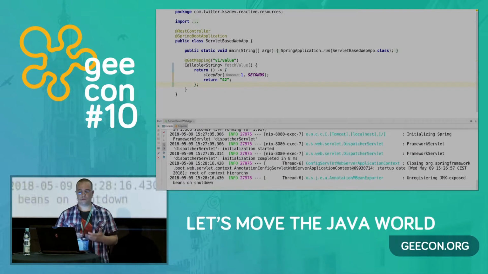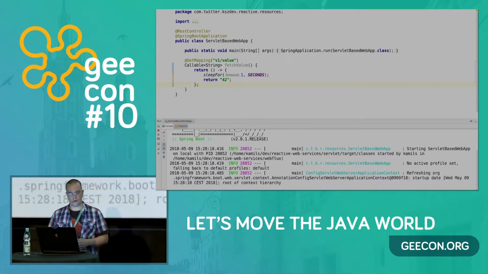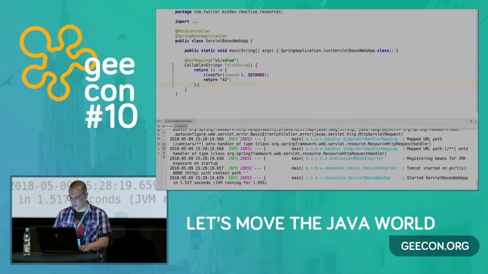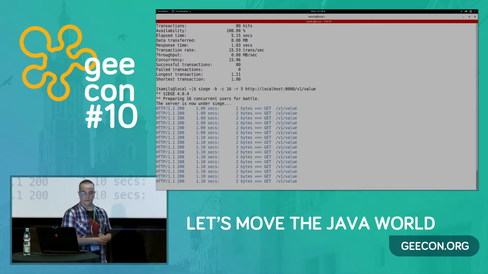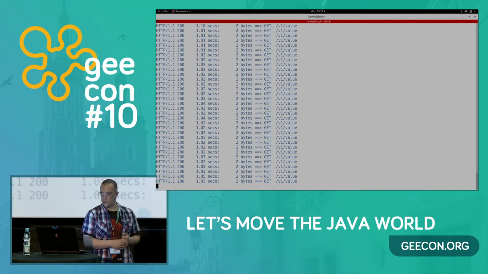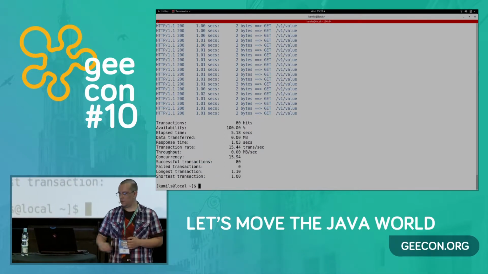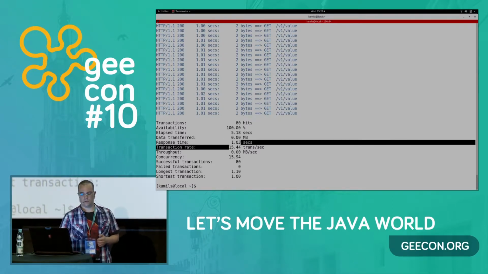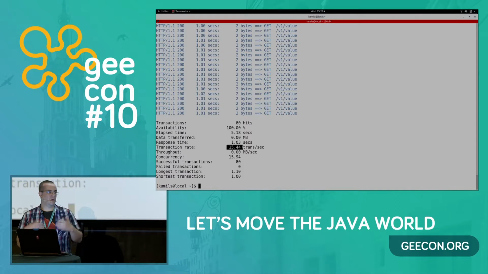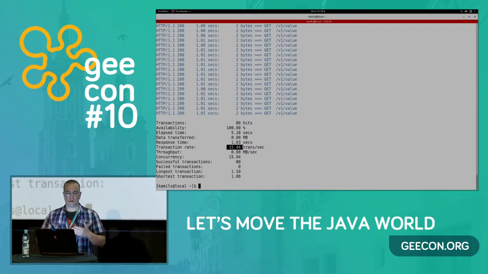So we have the limit of 8 worker threads, and if we rerun the benchmark, I hope that we will get past the 8 TPSs. And looking at response times, it's looking good. And yeah, we are able to get way past that, reaching, if we warm up the application, the JVM,